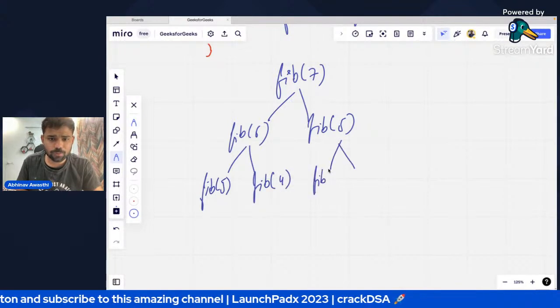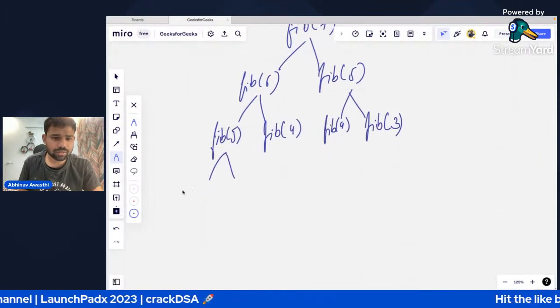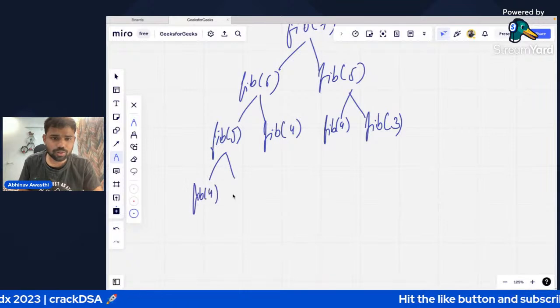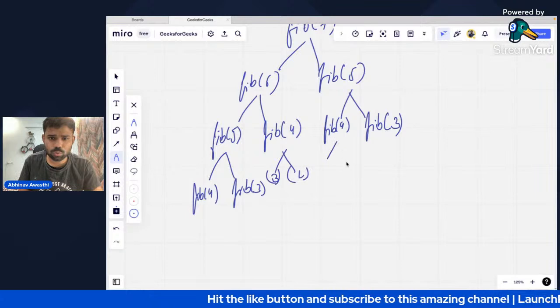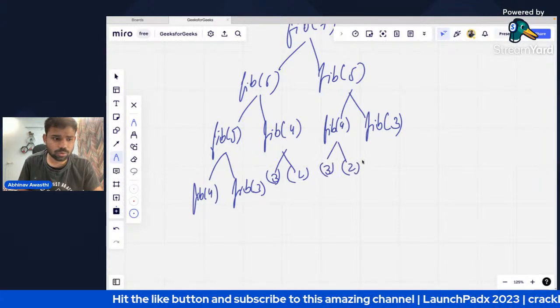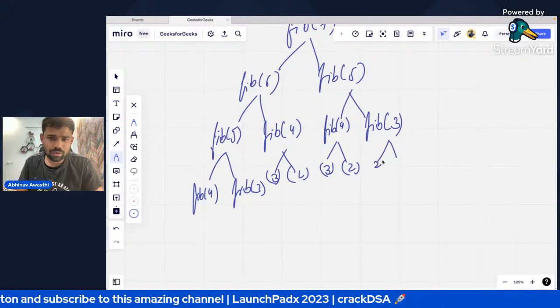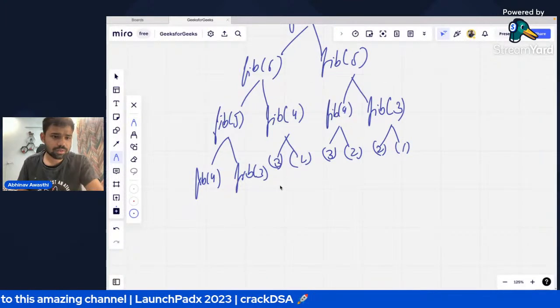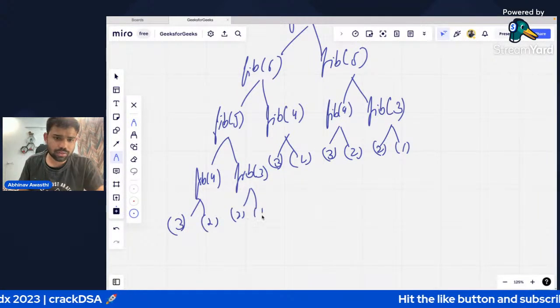Here also Fibonacci 4 and Fibonacci 3. Then Fibonacci 4, Fibonacci 3, 3, 2, 3, 2, 2, 1. This is how this code will run.